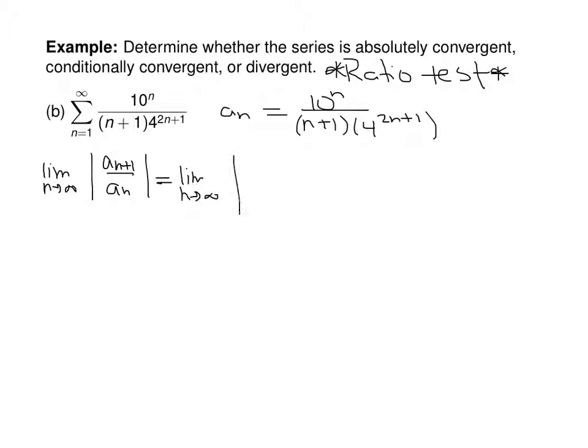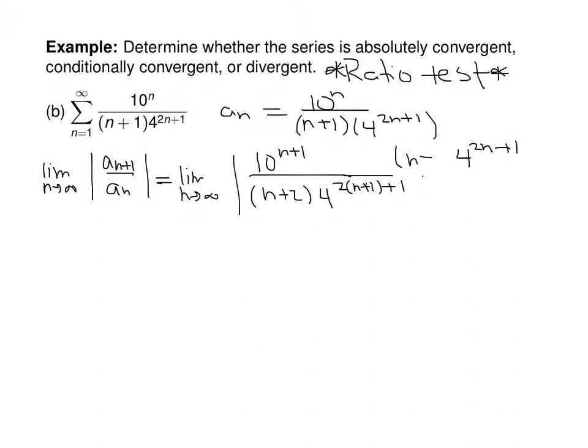So inputting n plus 1, we'll have 10 to the n plus 1 over n plus 2 times 4 to the power of 2 times the quantity n plus 1 plus 1, multiplied by 4 to the 2n plus 1 and an n plus 1 all over 10 to the n. So now in this exponent, just note that the power is actually 2n plus 3. So this is the limit as n goes to infinity,